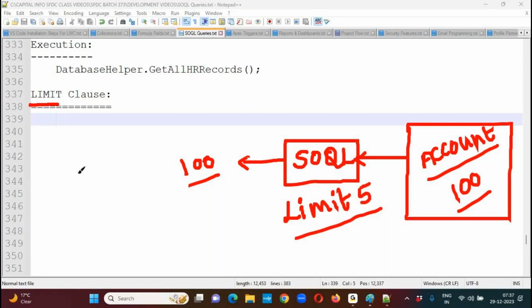That means it is indicating to the SOQL query, boss, don't return all the records. Please collect only 5 records. Limit the records to be returned as 5. This is the functionality. Like whenever we go to the ATM machine to check the mini statement,